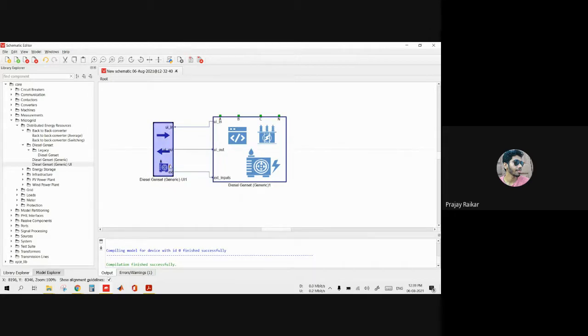Sometimes it happens that you need to take so many measurements for this kind of vast models of the microgrid that the development time increases tremendously, right? Because you have to drag and drop so many probes and then you have to wire them one by one. So here if you see this diesel genset UI, if you enter its mask,